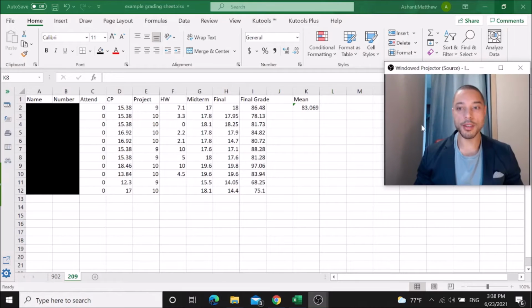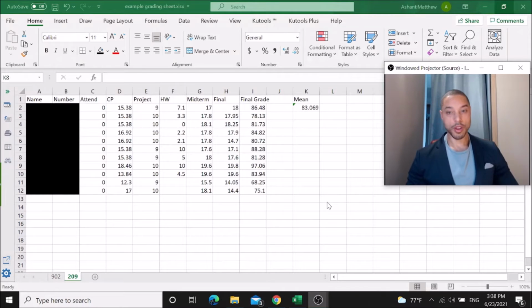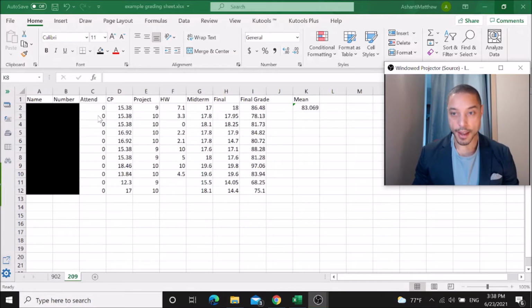First of all, here's a breakdown. Attendance is at 0 because attendance I do not control. Attendance is controlled by the system, so we'll go into that later. There's class participation, which is a score out of 20.